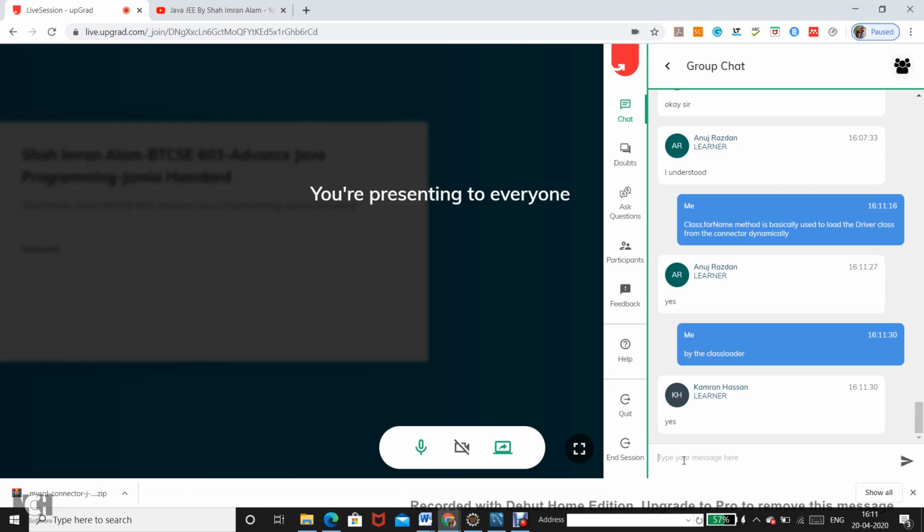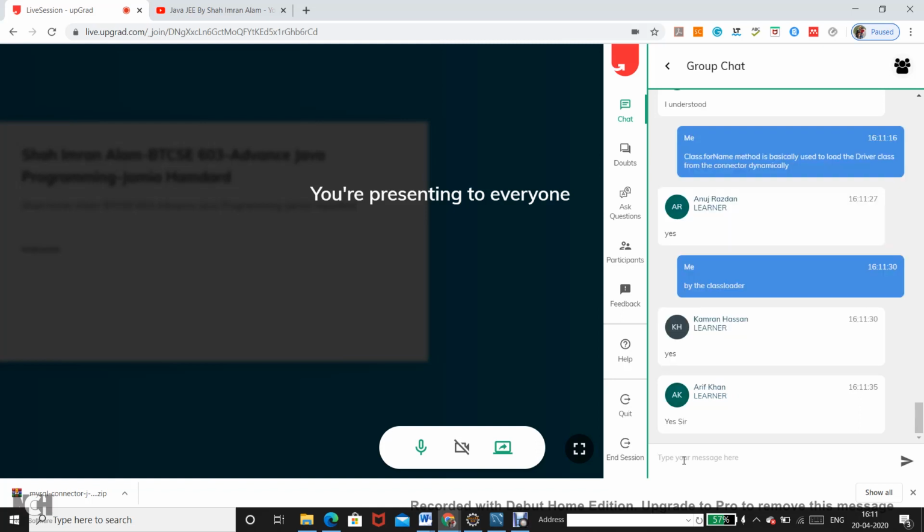Okay, so the class loader goes by two ways. One is the static loading of the class definition, and the other is the dynamic loading of the class definition. Before we run the classes, or before we create the object of the classes, we need the definition of the classes to be in memory. The class loader is the entity which is part of the JVM which does this for you, right? So when I say class dot forName and pass the fully qualified name of the class, that means I want to load that class while the code starts executing and not even before the code executes, unlike the case of import.